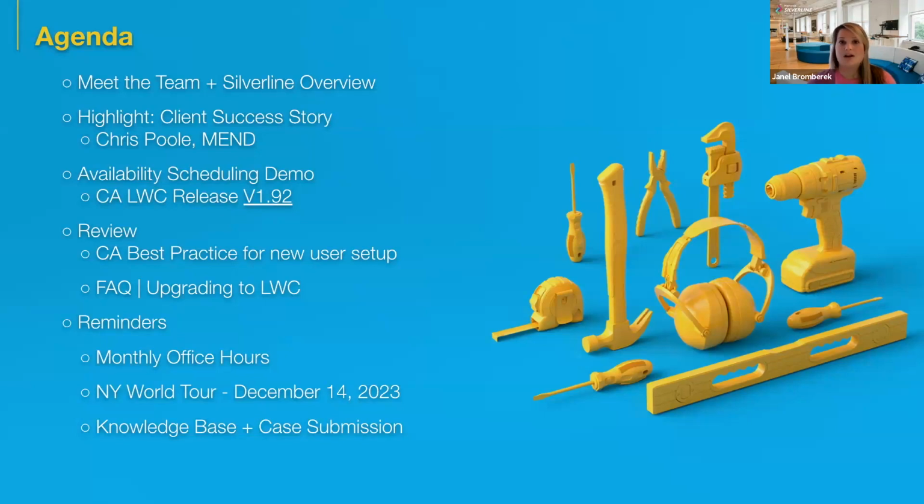We're going to do a little bit of frequently asked questions on upgrading to LWC. A lot of folks are still on Classic that are old legacy clients of ours, and we want to make sure they're not missing out on this availability scheduling functionality and how you can upgrade to the latest product, Calendar Anything LWC. And we also have some housekeeping things, reminders about our monthly office hours,